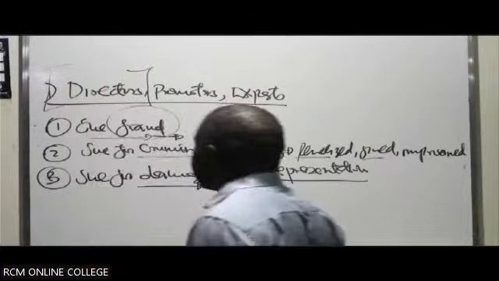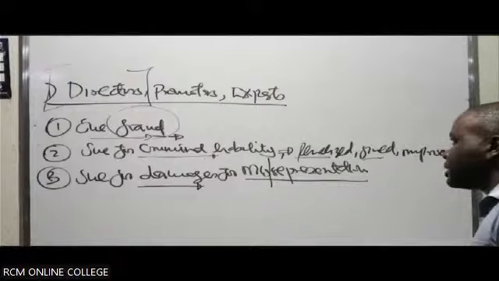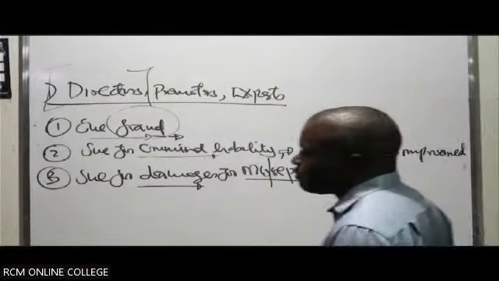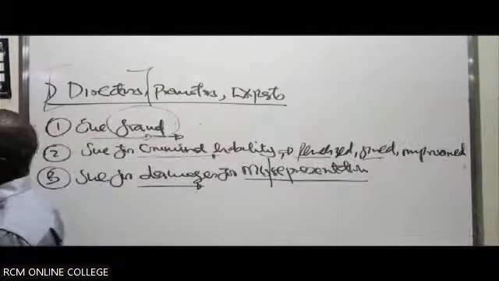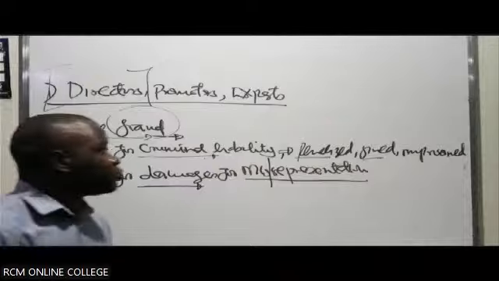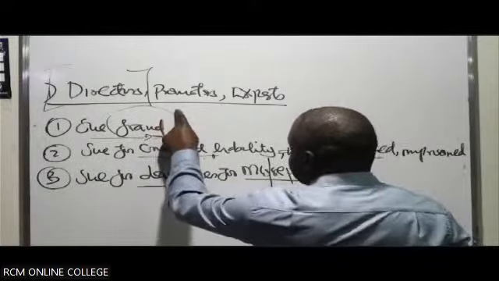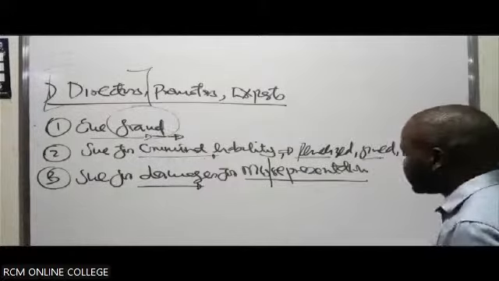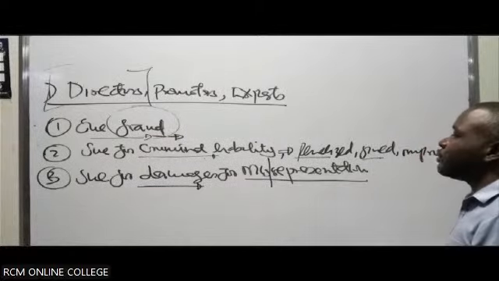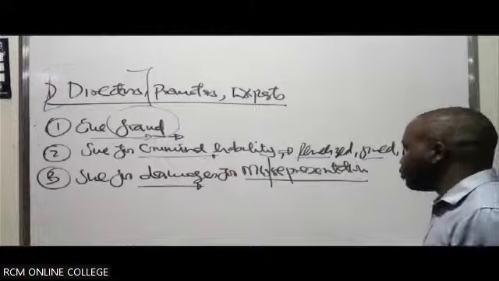If it happens that directors are involved, if you're a director, there's a way you can defend yourself before a court of law. Let's assume you're a director and you've been sued for a misleading prospectus. How do you defend yourself? What are some of the defenses you can plead before the court?